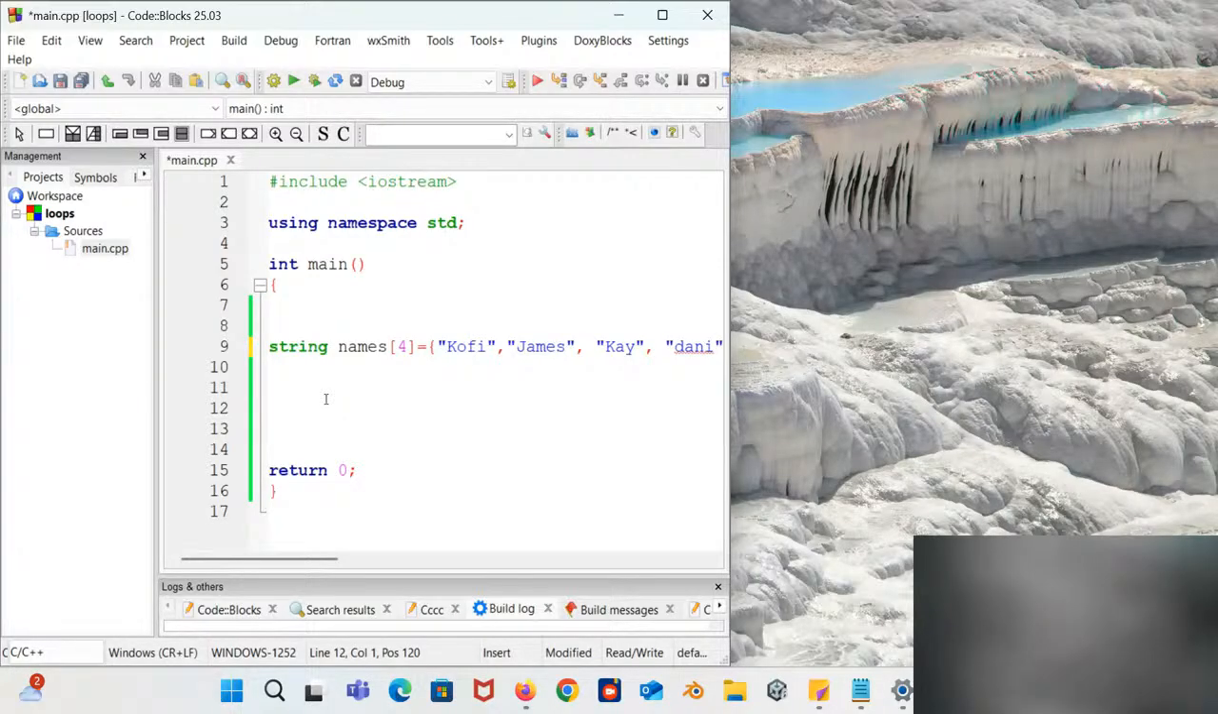How do we do that? We said that the loop helps you save time, right? So instead of coming to write cout,